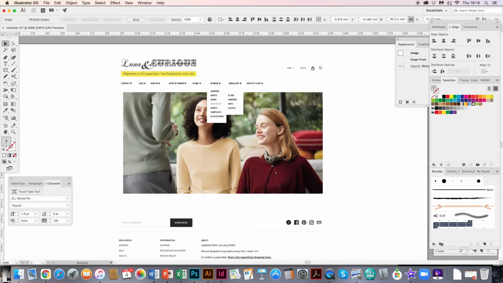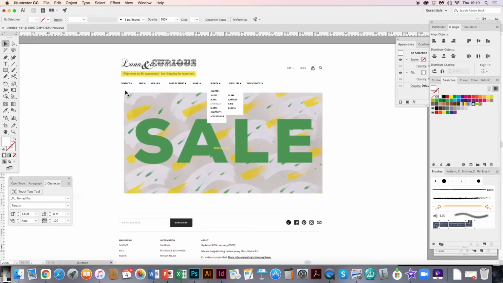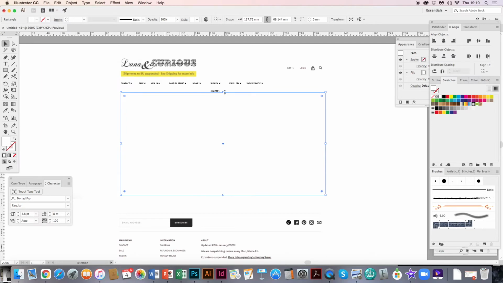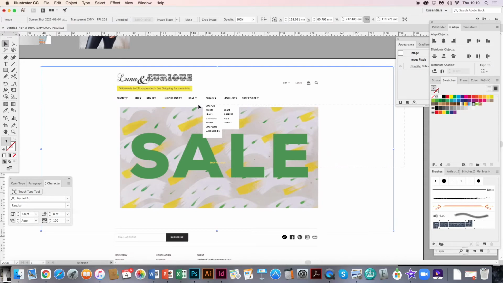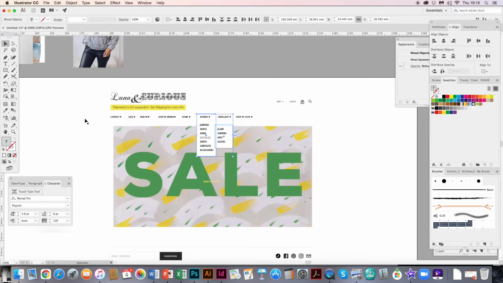Now just to walk through another scenario, it could be that maybe I don't want that image there. I could want maybe 4 images of different bits of clothing there. So what I would do is cover up the sale purely with a white box. I'm going to hide that for a second with Command 3 again. I'm also just going to be careful to move my menu out of the way. So I'm going to select my menu, make sure it's just the menu selected. If I've got something selected that I don't want selected, I hold Shift, select it, and it will unselect it. I'm going to move my menu for the time being just up